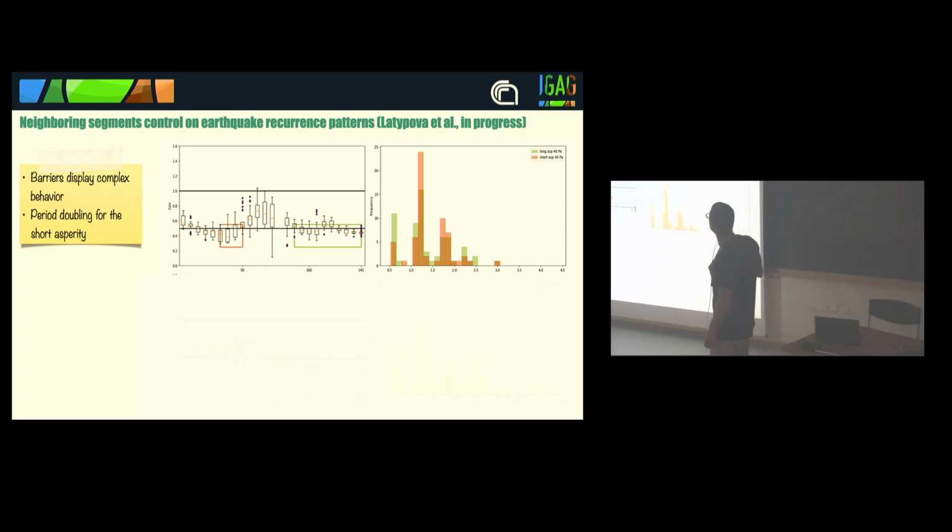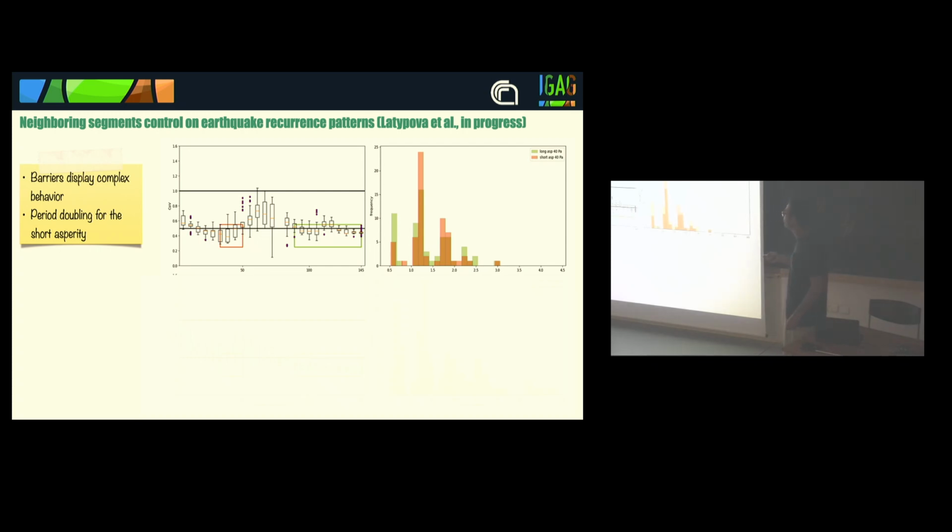Okay, Elia Latipova, a PhD student working with John Bedford, analyzed systematically the recurrence time of this time series, and she found that the two asperities are way more periodic than the barrier. So what is going on in the middle is somehow filling in the events that are coming in from both sides. And also that the short asperity shows this type of bimodal behavior, or maybe, I don't know, this is very small with respect to the other, but we have maybe period doubling also in this case. And the barrier is showing a higher coefficient of variation.